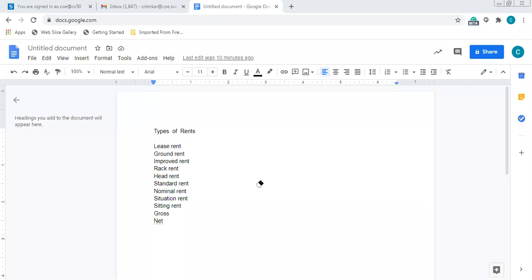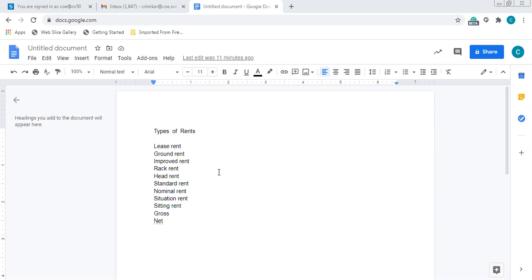Is it clear to everyone what is rack rent now? I hope it is clear to everyone. So that is nothing but rack rent. Now, next definition is nothing but the head rent. Okay. Now, what is head rent? Head rent is nothing but that rent which is to be paid to the original or the first